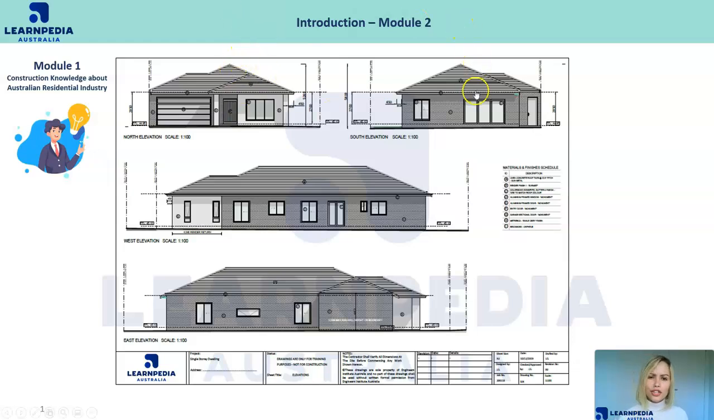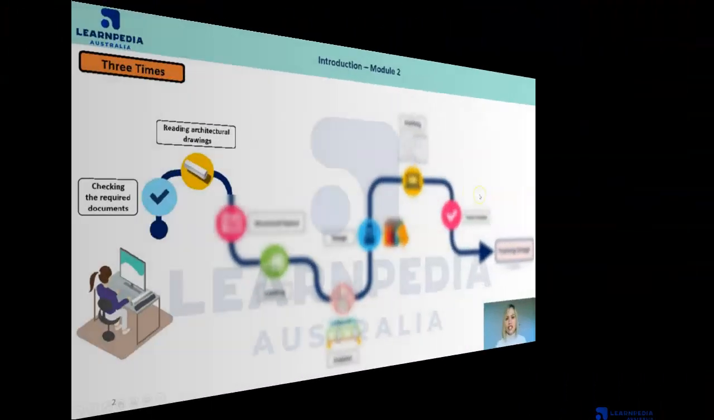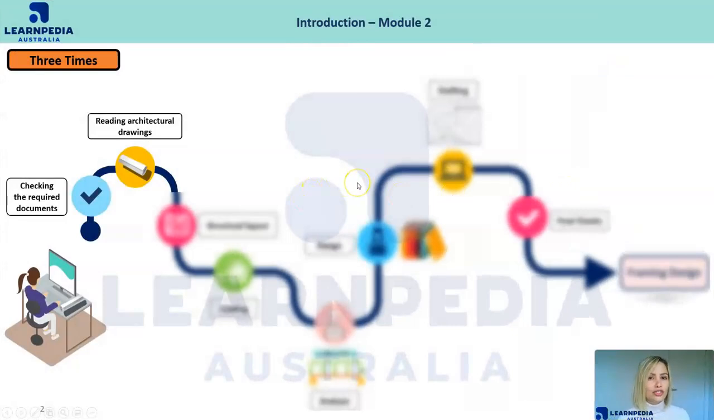Okay, what are you going to learn in Module 2? In Module 2, you're going to learn how to design roof elements and the codes and the standards that you need to use to design the roof elements. Now,